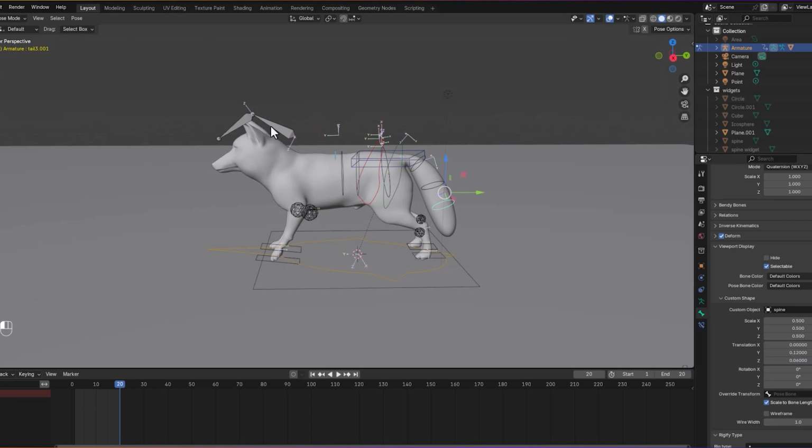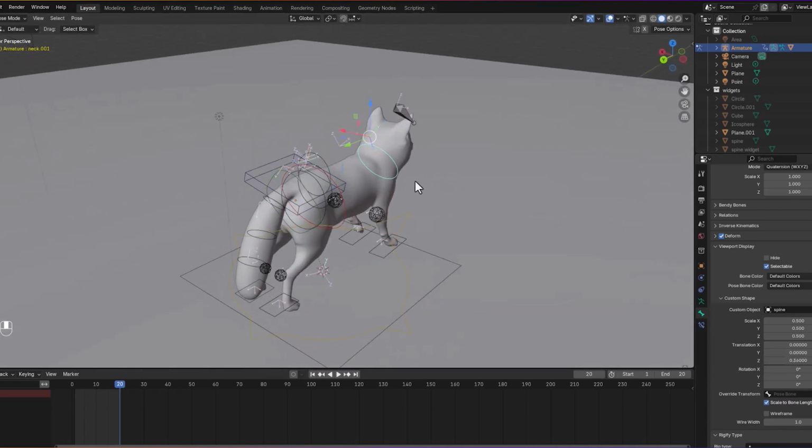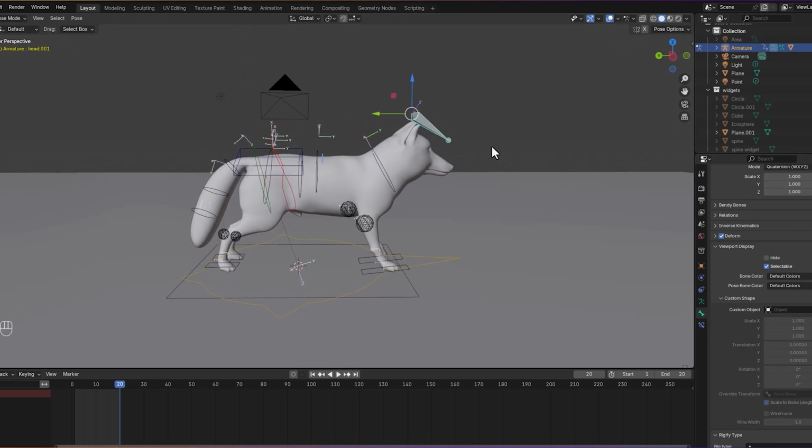Okay, we remain with those of the neck and the head. So for the neck, I want to use the same spine shape. I can move this just like that. Go to 0.5, 0.5, and 0.5, and I'll keep moving that down there. Maybe that's good. And for the head, I want to use the